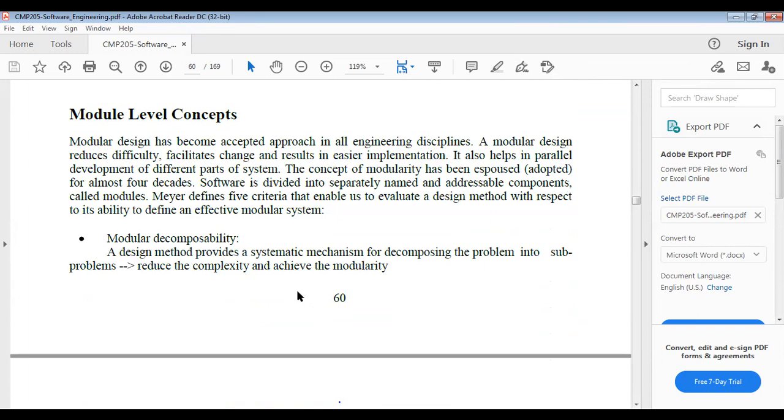A modular design reduces difficulty, facilitates changes, and results in easier implementation. It also helps in parallel development of different parts of the system. The concept of modularity has been adopted for almost a decade. Software is divided into separately named and addressable components called modules.